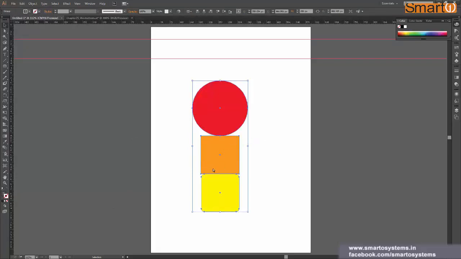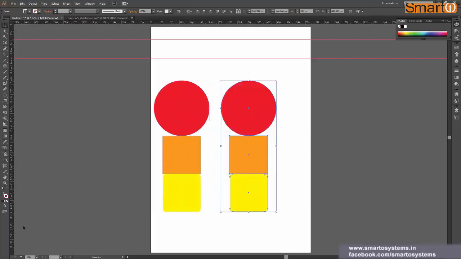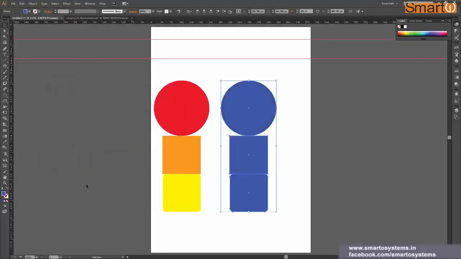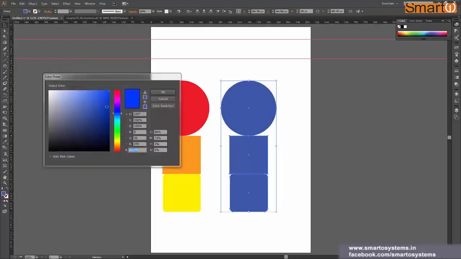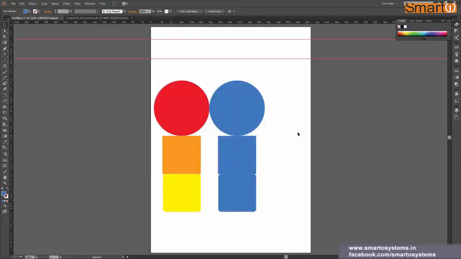So let's ungroup it for right now, or actually just copy it and change the color of the entire group to blue. So we have these two groups, and this time we are going to hide them together.